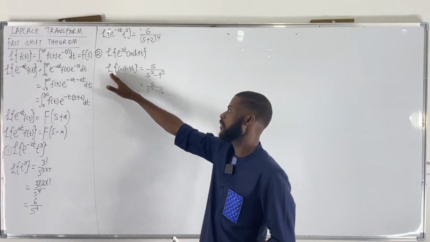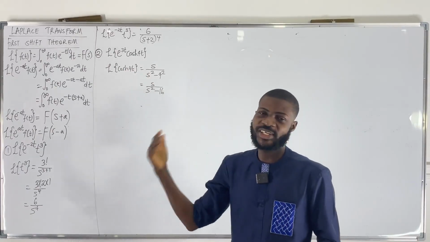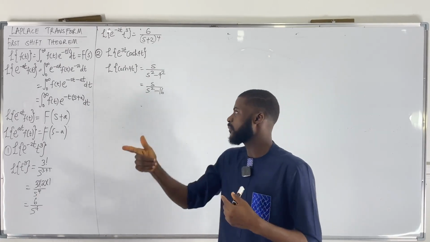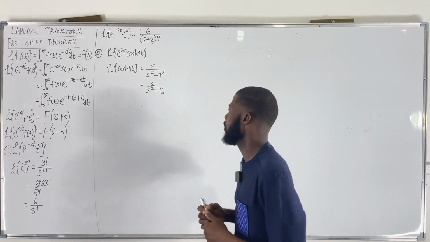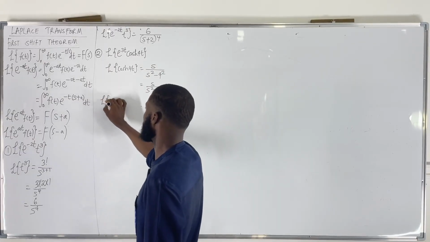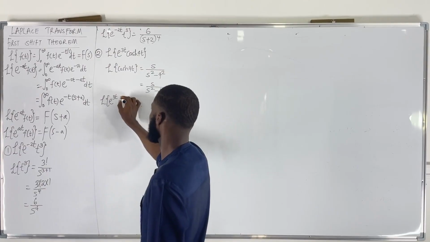So this is what we have. This is the Laplace transform of cos 4t. Remember, check the previous videos. All of this, it's a build-up process. So you need those ones to understand this very well. So this is what we have. Now, e to the 3t means to get the Laplace transform of e to the 3t cos